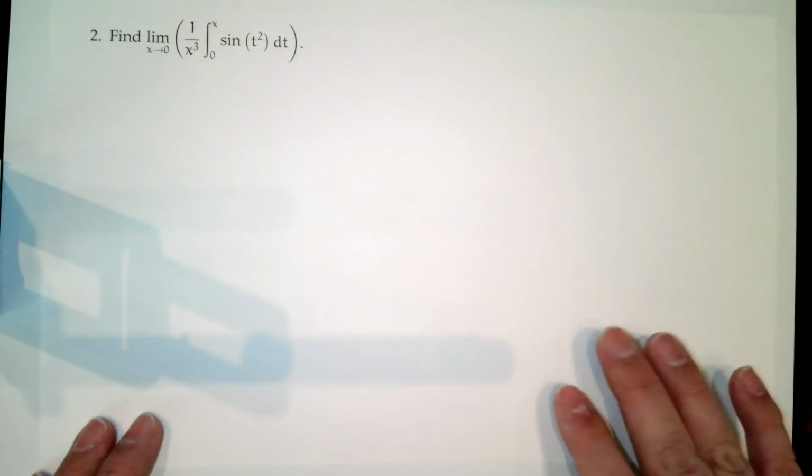All right. Number 2. Find the limit as x approaches 0 of the quantity 1 over x cubed, the integral from 0 to x, sine of t squared dt. Now this gets us back to the first part of the course, limits. But we have a new friend we can bring along for the ride. Do you remember who our new friend is? L'hôpital. Oh, l'hôpital. So, if you see the word limit, and it doesn't say you can't use l'hôpital, we can